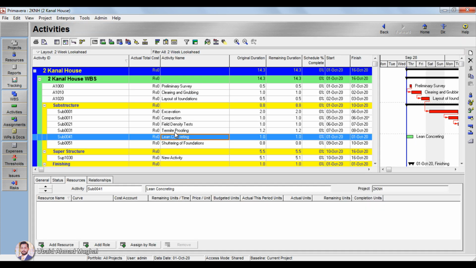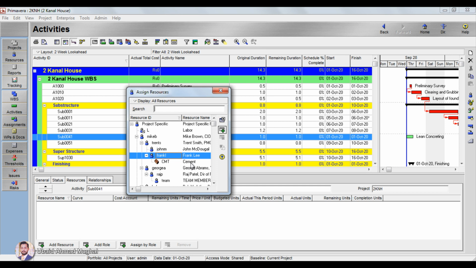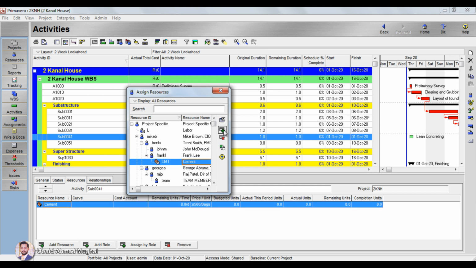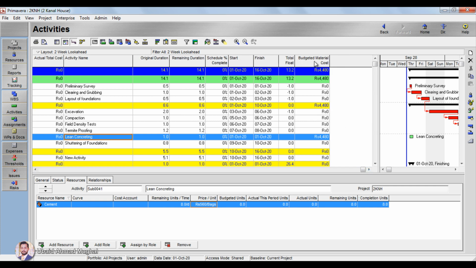Click on project, go to activities. In the activities, let's say the lean concreting is the one we want to add the cement on. Select the lean concreting or right click here, assign, click on resource, and from there you can click on cement or click here select. As soon as you click on select, you are going to see this cement available here. So price is 560 rupees of one bag of cement. Now I want to enable one column first, that is the budgeted material cost. For first here budgeted unit, this is the amount of cement bags you are going to enter here in lean